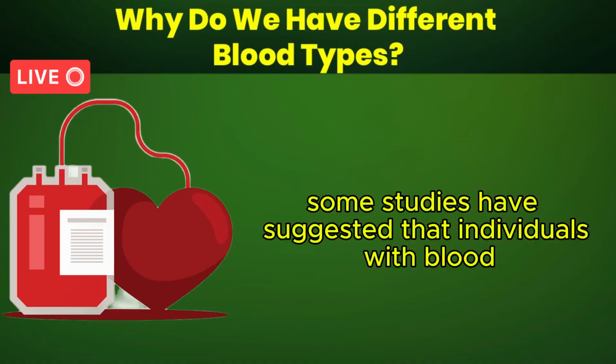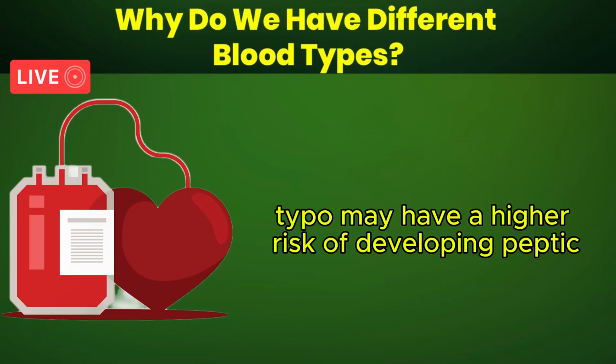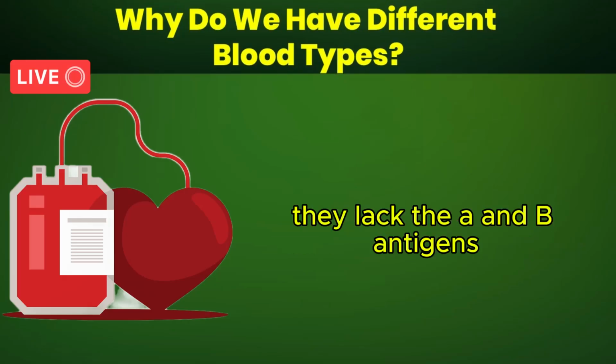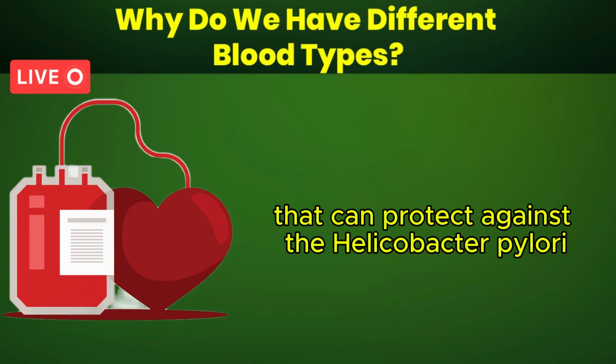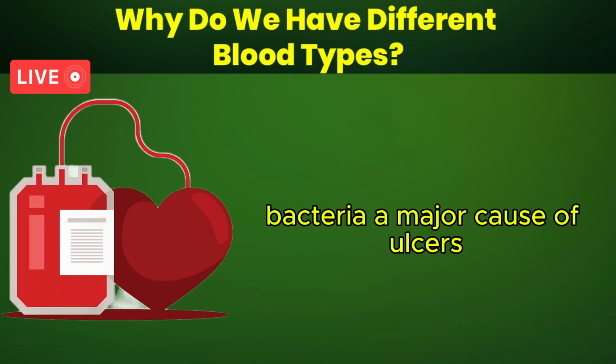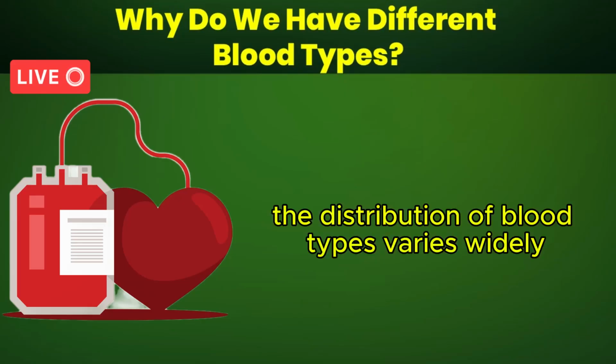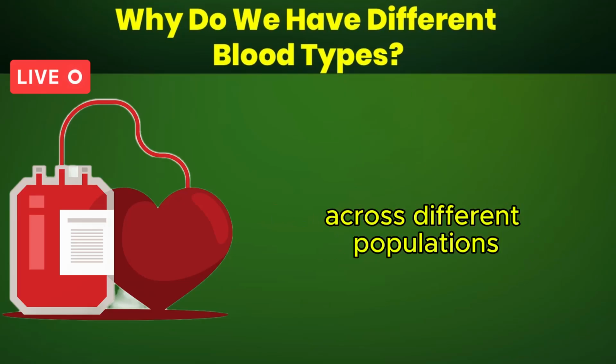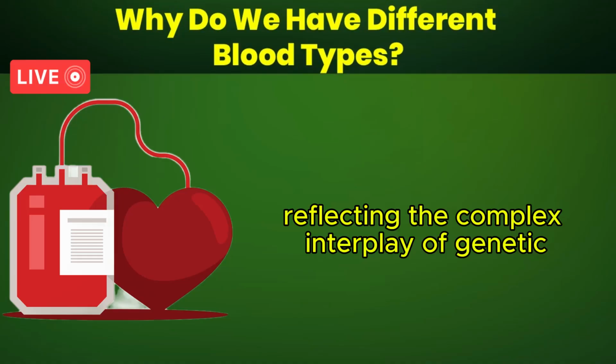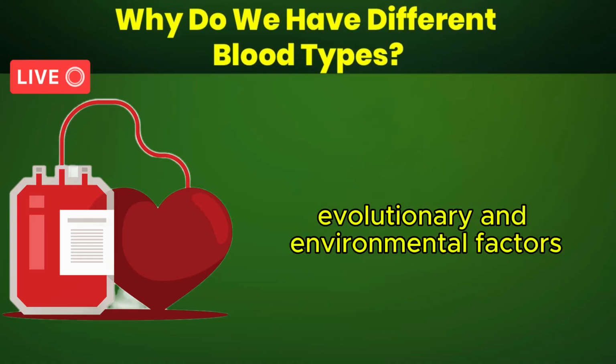For example, some studies have suggested that individuals with blood type O may have a higher risk of developing peptic ulcers because they lack the A and B antigens that can protect against the Helicobacter pylori bacteria, a major cause of ulcers. The distribution of blood types varies widely across different populations, reflecting the complex interplay of genetic, evolutionary, and